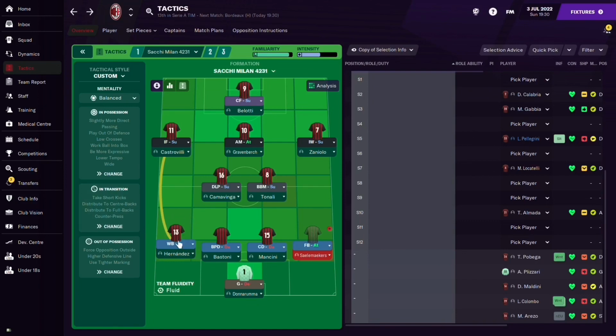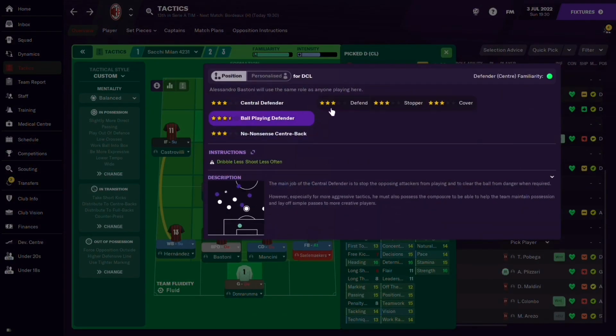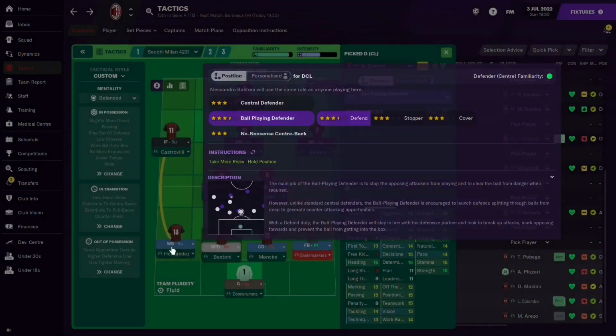So a couple of things you want to watch out for is just this wing back. You could switch this one to a fullback as well, because he might dribble the ball up here and lose the ball. Same as the ball playing defender. You need a good ball playing defender here, really. So an option could be just to go sort of centre back there and full back there,